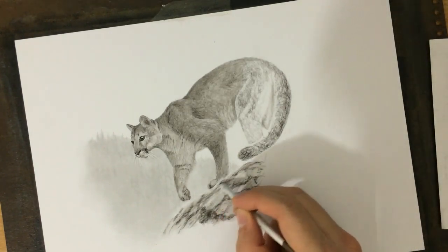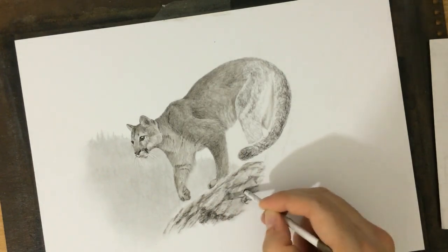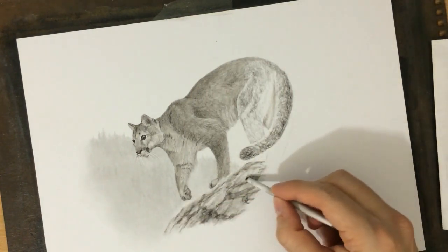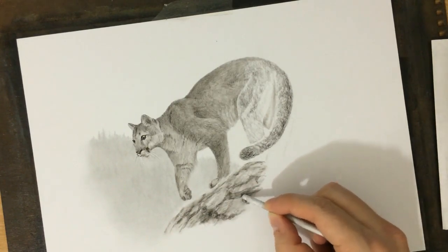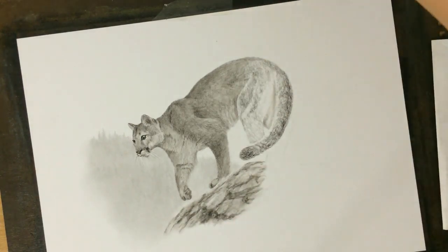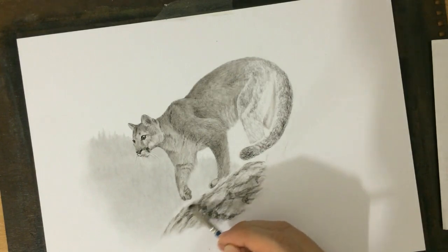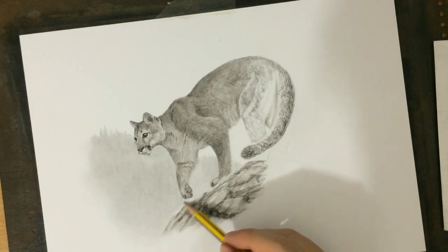And then I go back in with an eraser, either a pencil eraser or a kneaded eraser, to draw highlights so that it looks like some of these rocks are protruding, so that they look more jagged and more sharp and irregular. The thing you need to keep in mind when drawing rocks is that you will usually have a lot of contrast, because whenever you have objects that have sharp, jagged edges, you will tend to have a lot